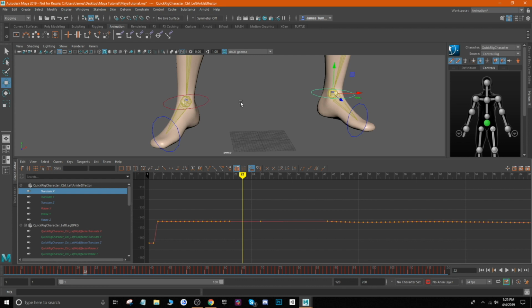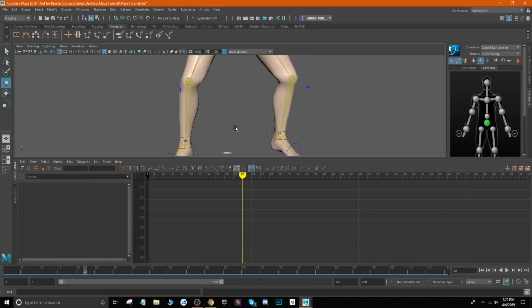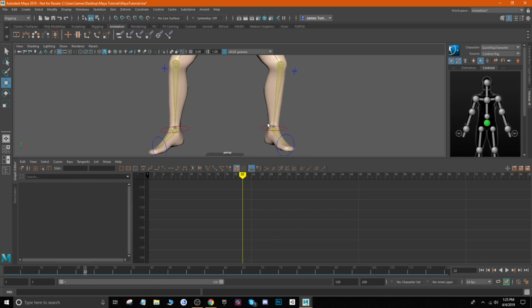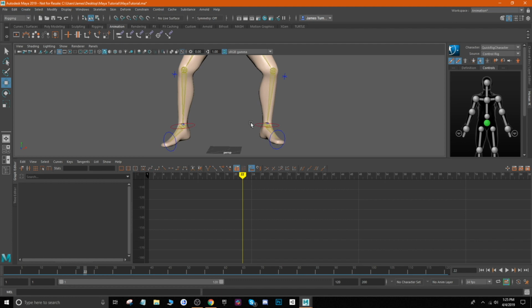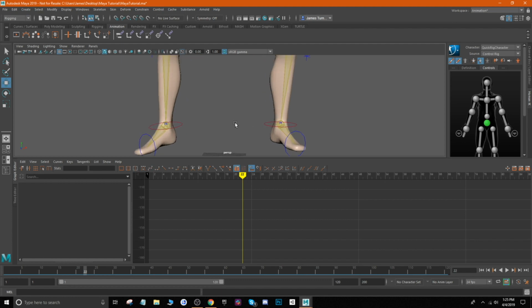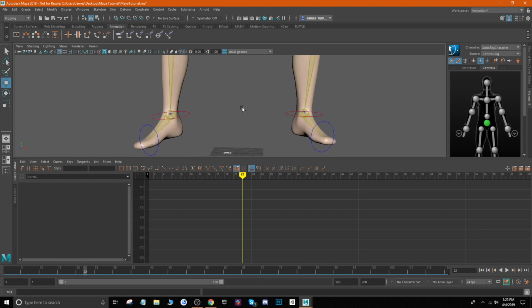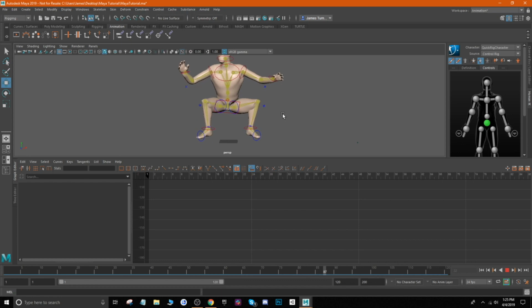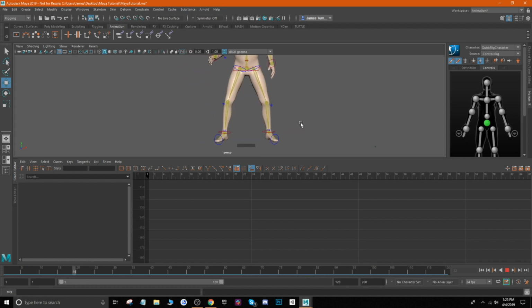So I'm not going to go too far in depth into this because that's pretty much the fundamentals of cleaning up the data. But obviously Maya has a ton of other features that allow you to really dig deep into cleaning your motion data. But for now, I think that's a great starting point to allow you to really clean up your